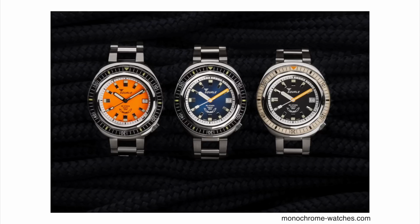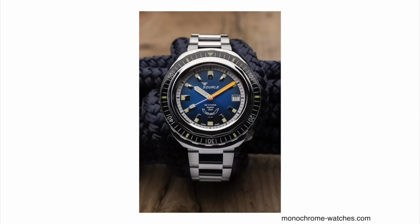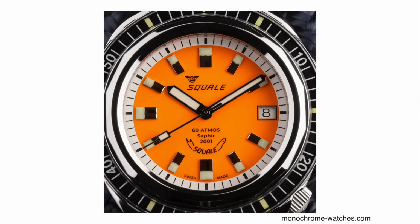The hidden lugs look works on some watches, doesn't work on others. I think on this one it actually looks pretty good, and the overall case dimensions are fairly reasonable. It comes in a 40mm case diameter, 13mm case height by about 44mm from one lug to another, and what's super impressive about this model is that it actually comes with 600 meters of water resistance, even though the case height